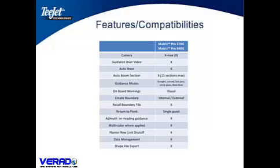Let's see, the next slide is going to talk about some other general features and capabilities. The things I'd like to draw your attention to here are, of course, the unique guidance over video capability. That's still an exclusive feature to our product line, and we're real proud and real excited about that. We have automatic boom section control capability to control up to 15 sections, and another thing to draw your attention